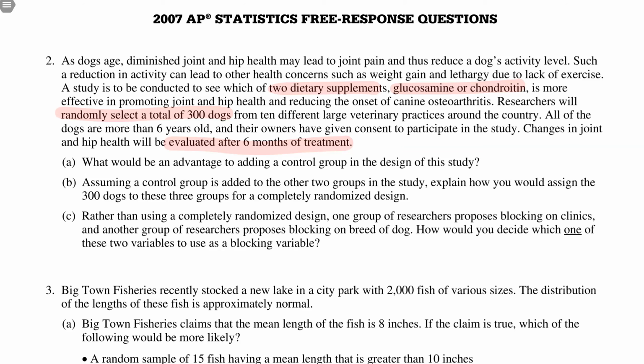So if I do the experiment how it's laid out already, I can compare glucosamine and chondroitin. Boom. I can say which one might be better at promoting joint health, especially if I do random assignment. However, I am not going to be able to say that this is relative to no treatment. So we need to maybe define what no treatment is. So a control group